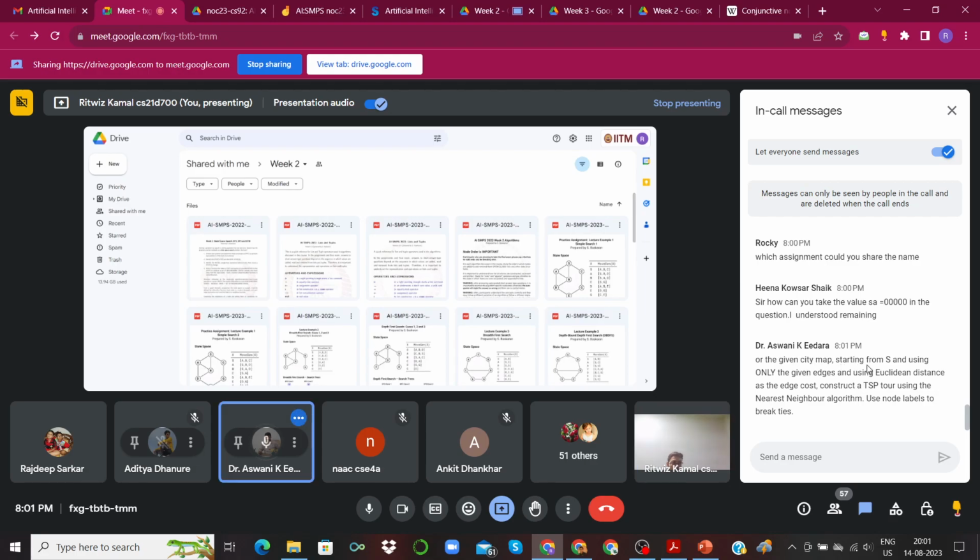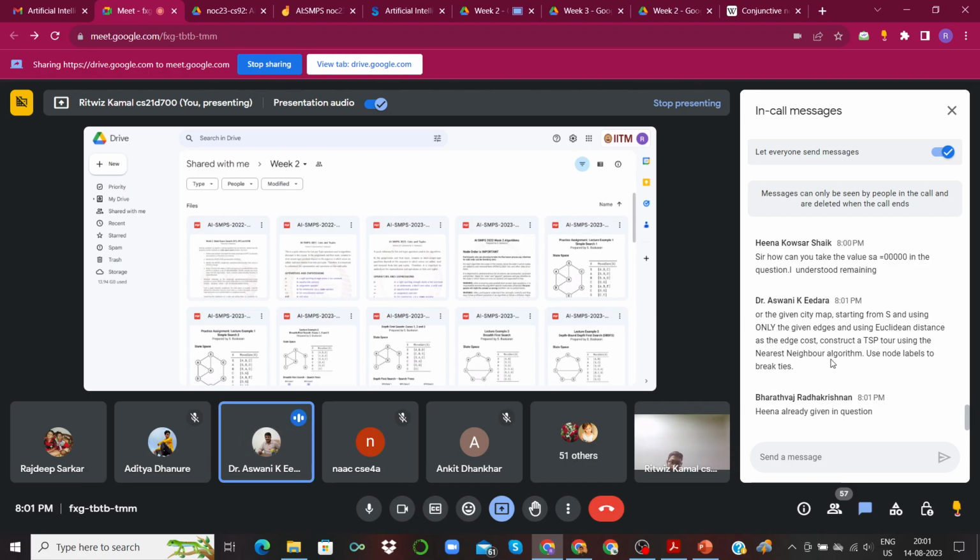Given the city map, starting from S and using only the given edges and using Euclidean distance as the edge cost, construct a TSP tour using the nearest neighbor algorithm. Use node labels to break the ties. Okay, so they have given a diagram, a graph, similarly to the one you were given initially. And you have to apply the nearest neighbor algorithm to find a solution. Is that the question? Yeah.